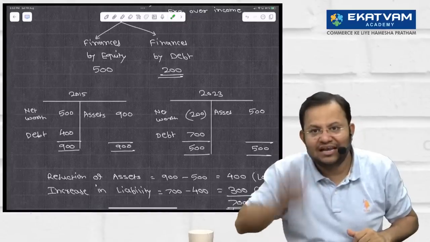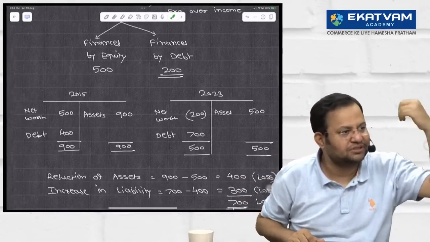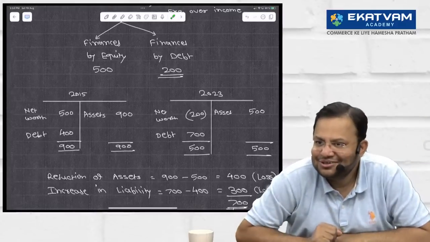बॉस, कंपनी is a limited liability company. Equity holders are not bound to put a single rupee. So,